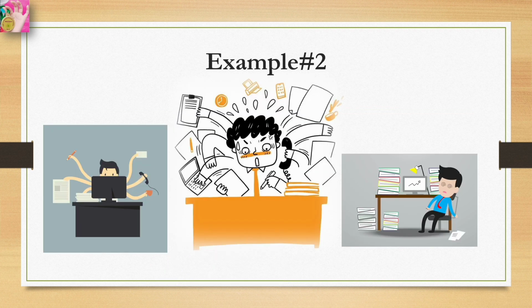Now, here is an example of the partial reinforcement effect in a workspace setting. Now, suppose an employee, Jack, occasionally receives a bonus or recognition, which is a reward, for meeting his sales target, but not always. Sometimes he meets his target and receives no bonus or recognition, but other times he does. Now, in this case, Jack will likely continue to work hard to meet his sales target, even if he doesn't receive a bonus or recognition every time.